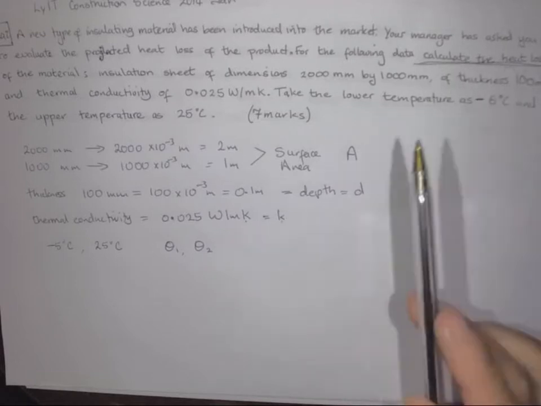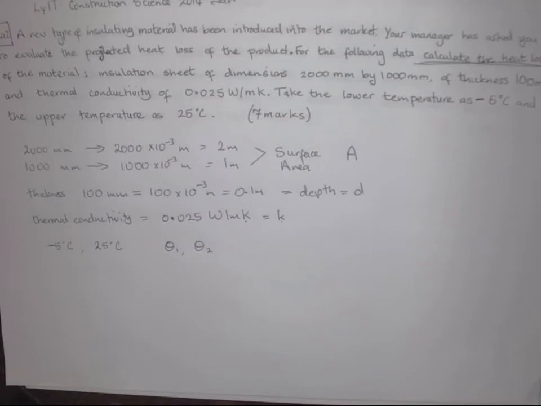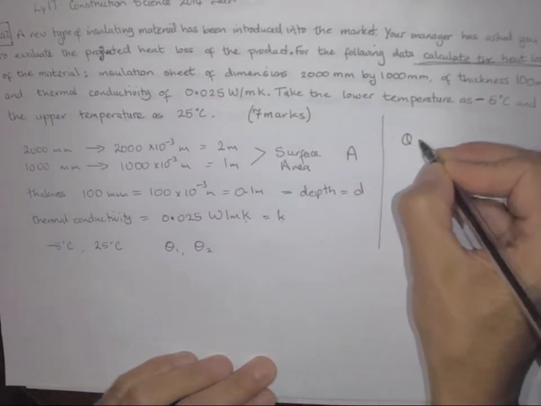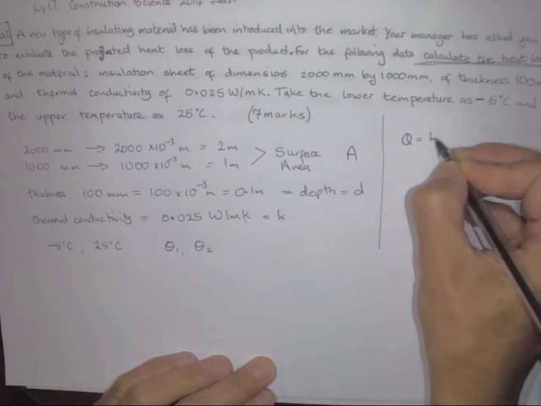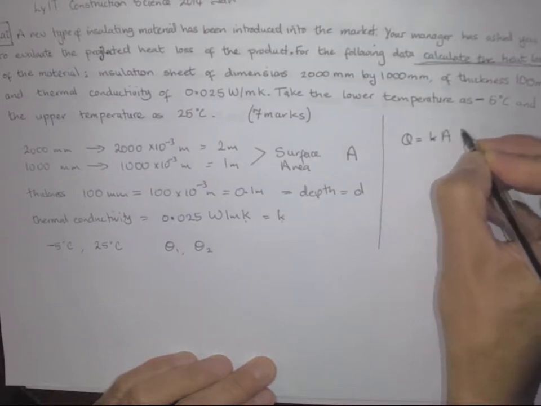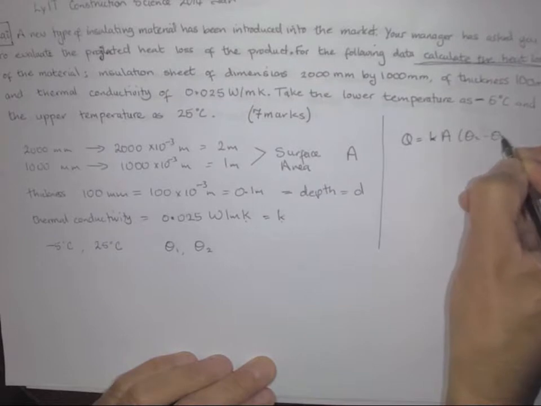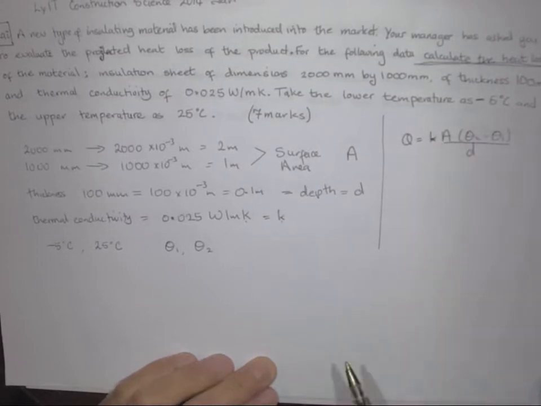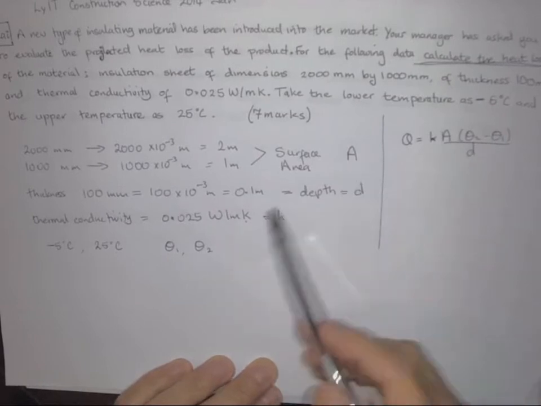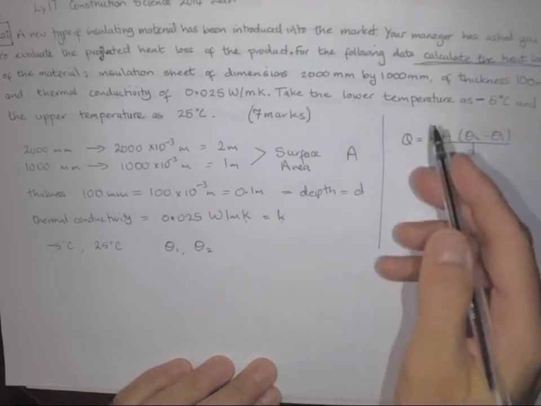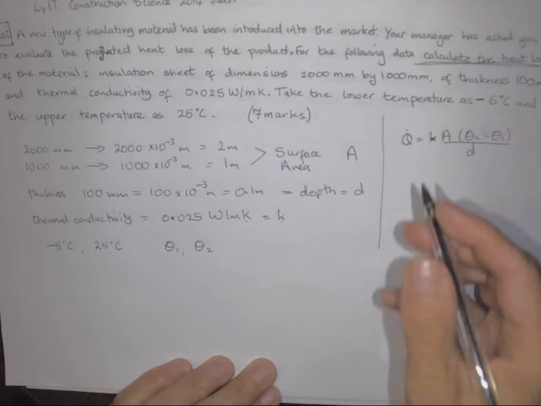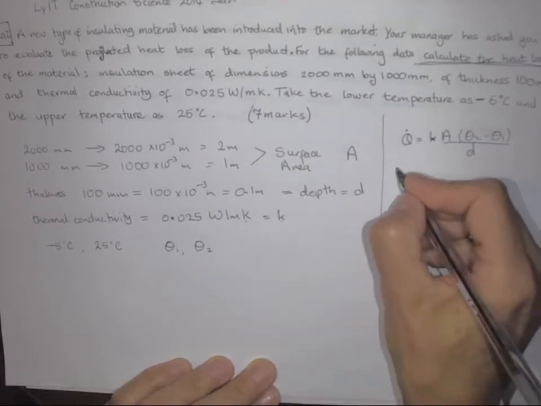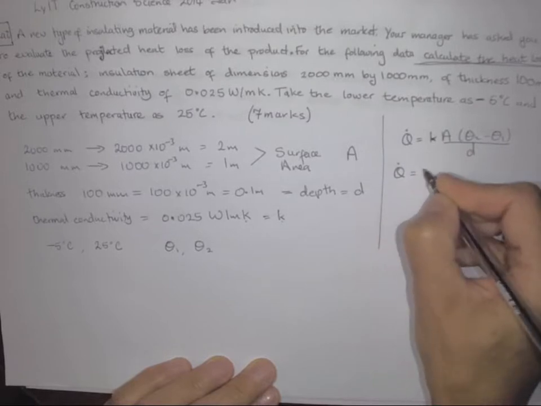Okay, so if you go back to the end of the exam paper, you will see a formula that is this. Q equals K, small k, capital A, theta 2 minus theta 1 all over D. So we've got the letters, and we've got the numbers for the letters now, and Q should probably have a dot above it as the rate of heat loss. Okay, so now we can say Q equals K, which is